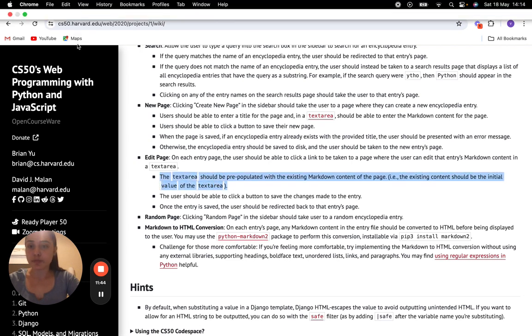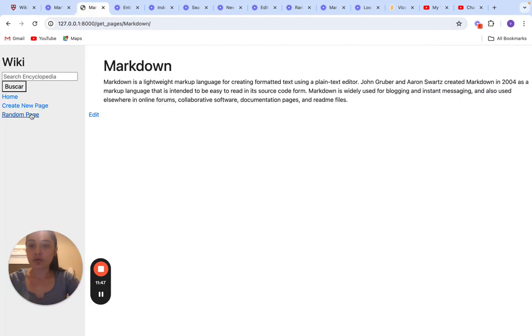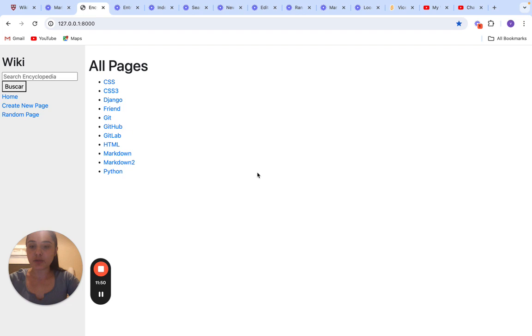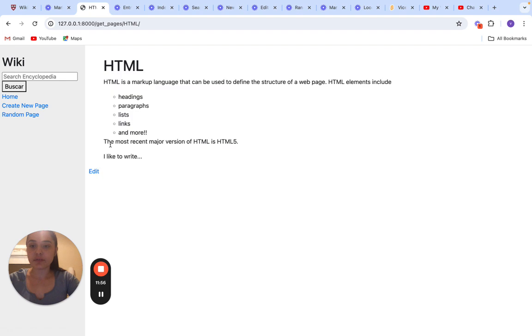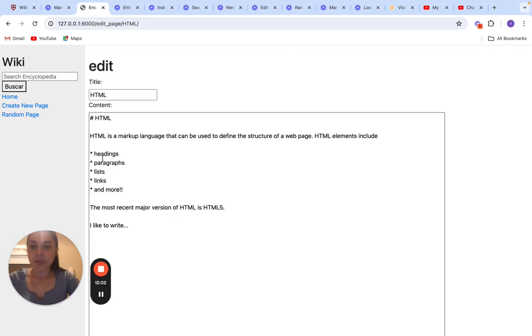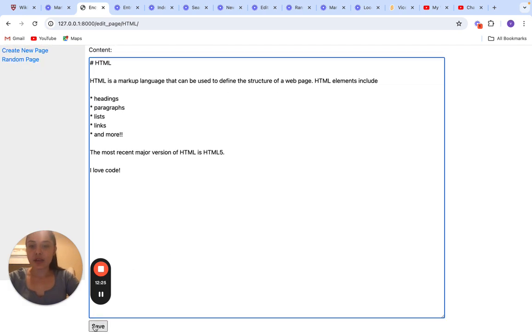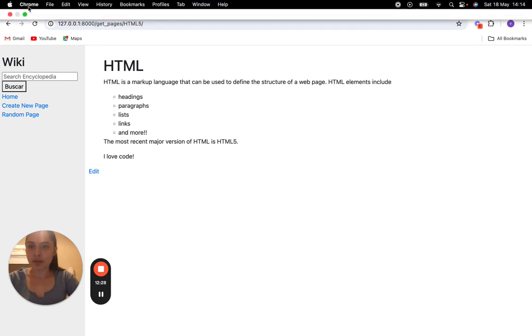Let's see. If I go to any of my entry pages, I can click HTML, for example. I can edit with this link here, and I can change everything I want to change. For example, I can write here 5, or I can delete here, I love code, for example, and after, to save my